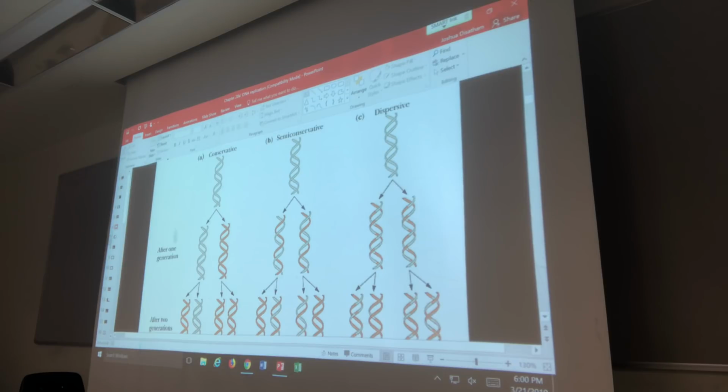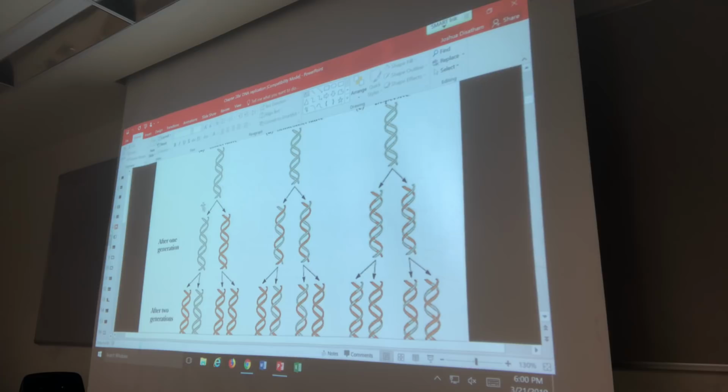After one round of replication, based off our illustration here, we have DNA composed of only nitrogen 14 and DNA composed of only nitrogen 15. This subtle difference you can actually see in the lab when you centrifuge these DNA samples down. What it'll come out as,